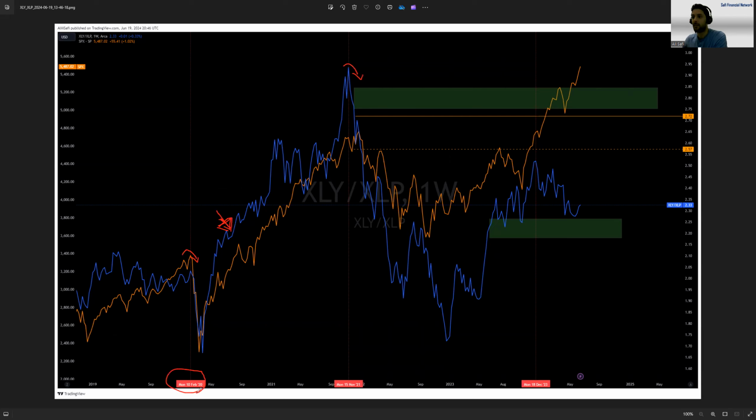So it happens in 2020, 21, 22, and right now it is happening again. As you see here, consumer discretionary spending, people spending less, but the market keeps grinding higher, at least since December. This divergence is happening, and whenever this divergence happens, in the short term, usually we will get a corrective move or kind of a semi-recession.